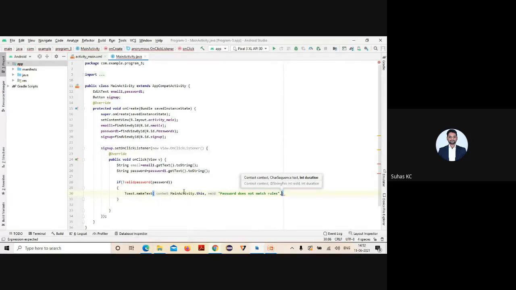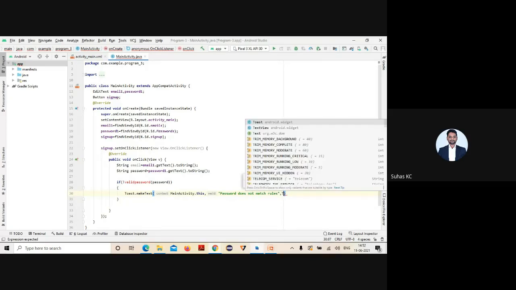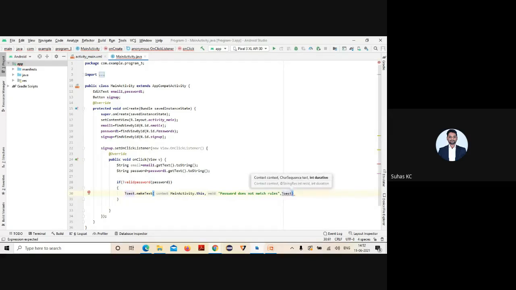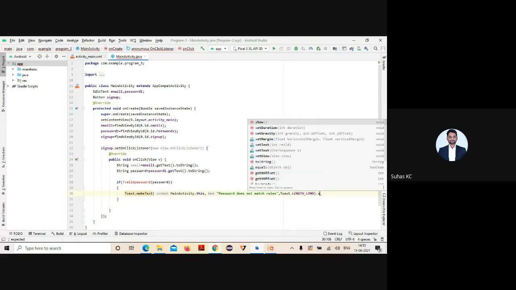Where exactly you want to display the message? In MainActivity.this, under this pointer type. And what is the message you want to display? And next is the length. How do you display the length? In your last program we discussed. So just give Toast.LENGTH_LONG. Then the message whatever you're displaying will display for a longer period. That's it. Okay. Then you need to use one method called show.